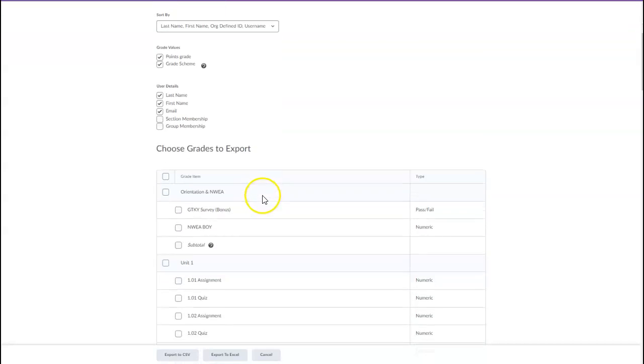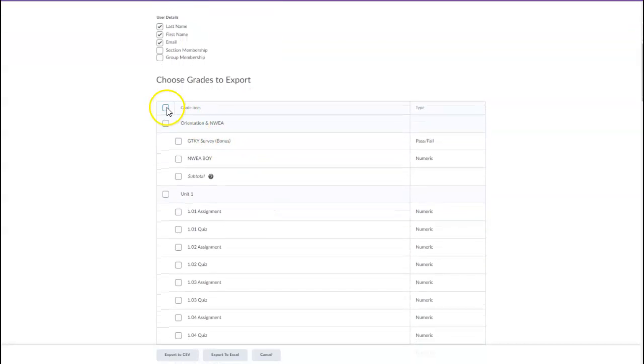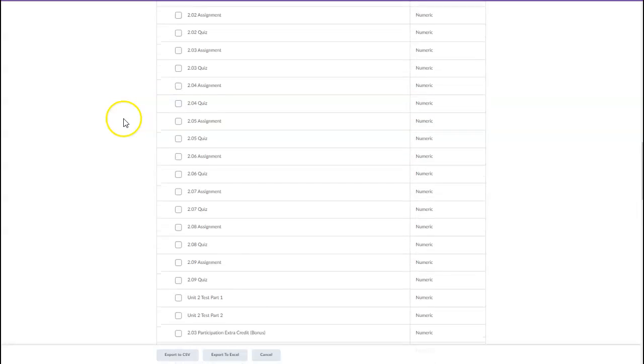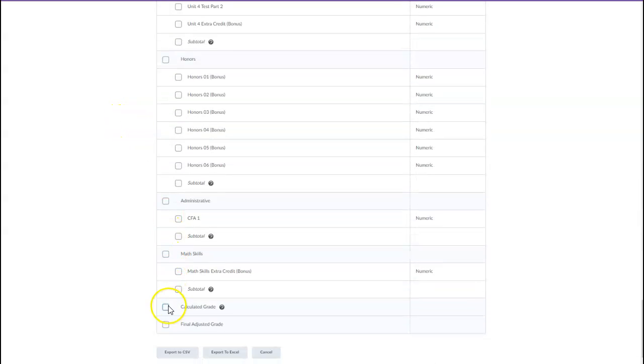The first thing I do when I'm choosing which grades to export is I click this top box that says Select All Rows. I click that twice. That's because there can be certain boxes already checked, and so I just do that to clear them all out once. And for this demo, I'm actually just going to show you the full calculated grade. So you may want to export other grades than that, but I'm just going to do the full calculated grade